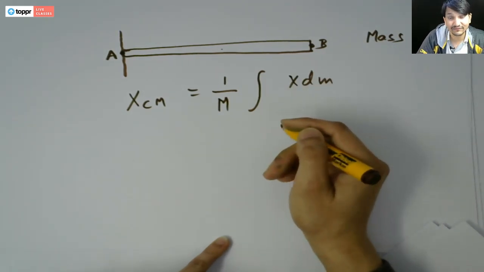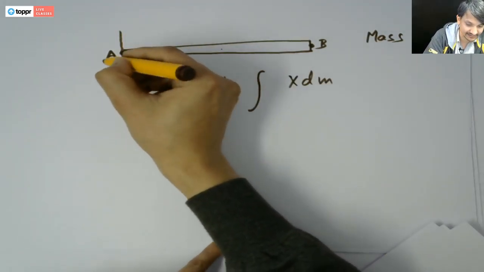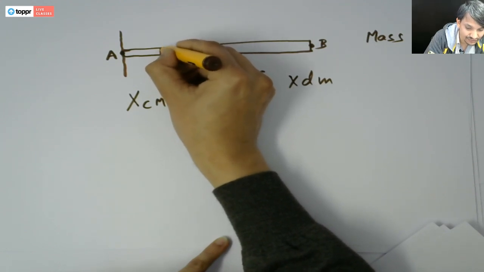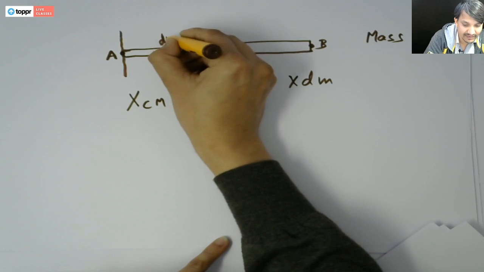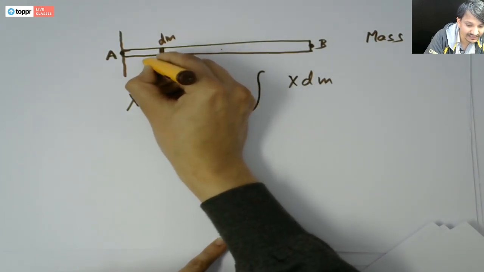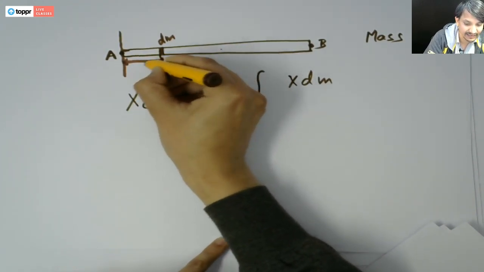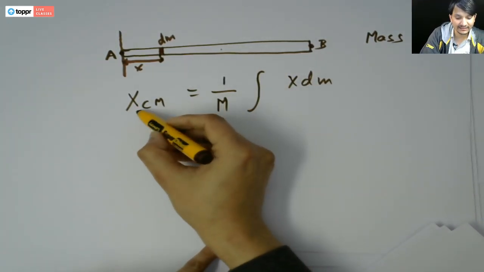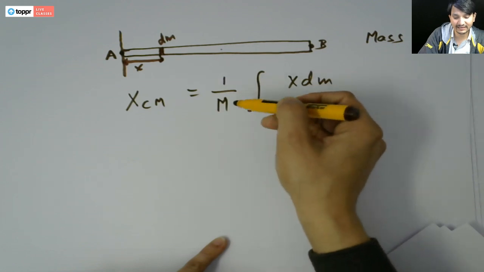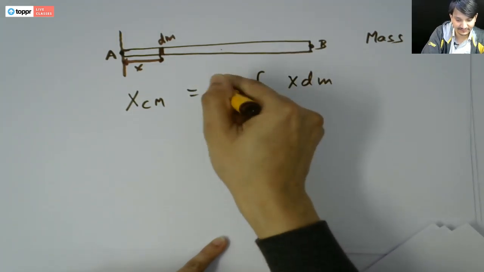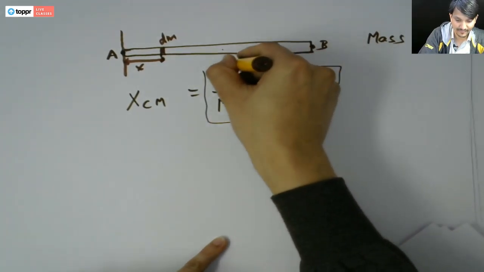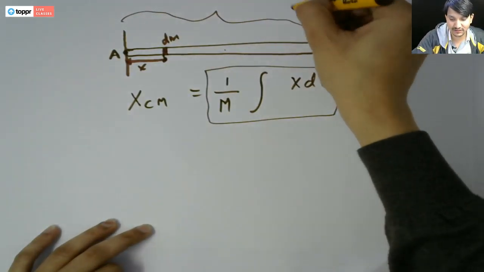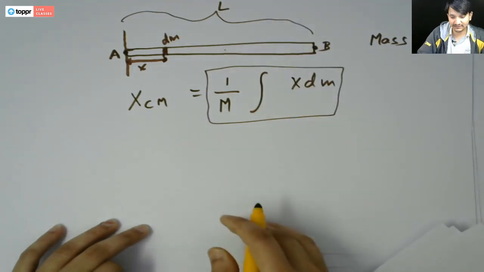What is x and what is dm? So x, let us say we assumed a mass dm here, which is present at a distance x from point A. So our center of mass would be at a distance this. Considering the length of this rod be L, then